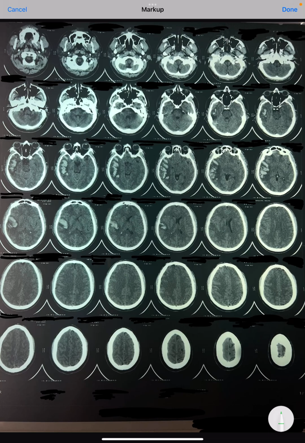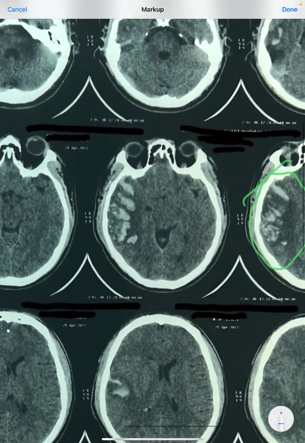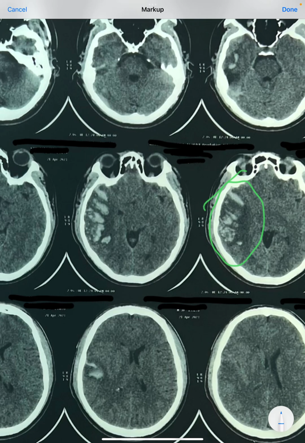Now, in this very interesting CT scan of the brain, we can simply pause the video and you can try to find out the problem. When we see, there is obviously some problem over here. So this is the right side of the brain. When we zoom in, what we can see is that this is definitely a CT scan of the brain,